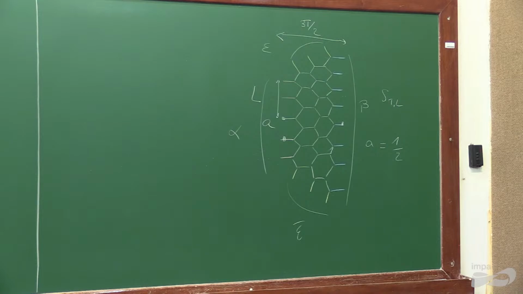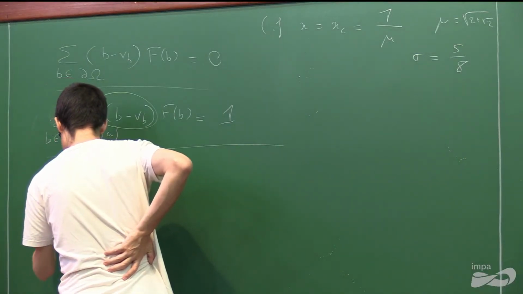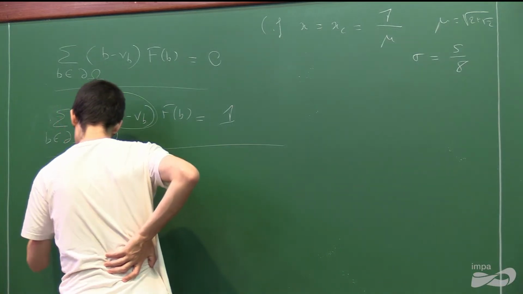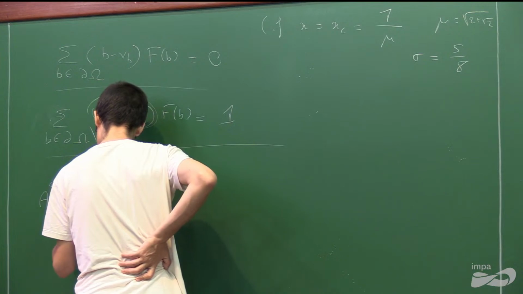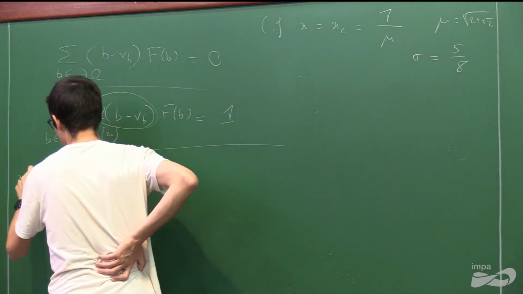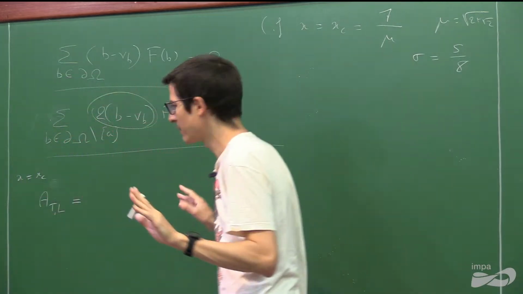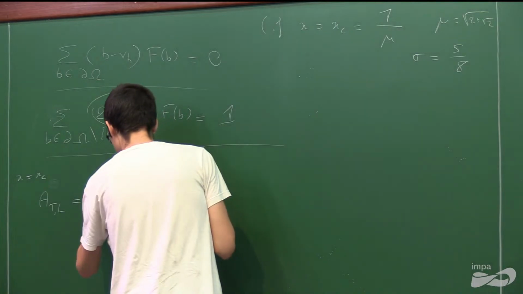And now I call ATL, if you want ATL of x. Just ATL. From now on, x will be equal to xc, all the time. So I call ATL to be just